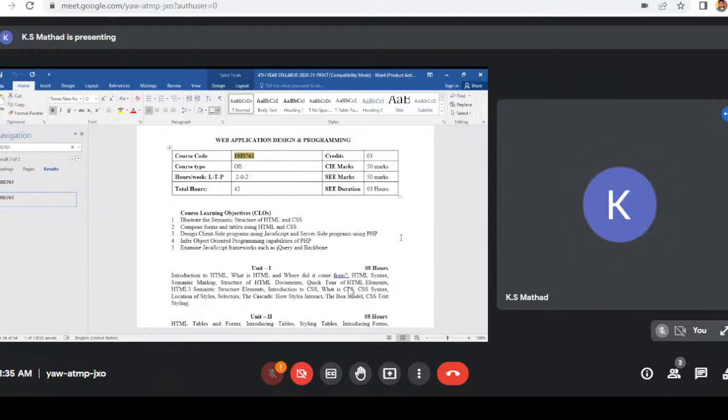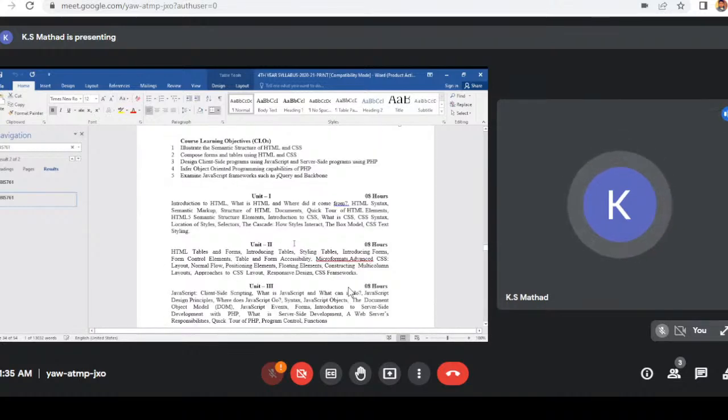In addition to that, to make it interactive with the user, it comes with JavaScript and server-side programs using PHP. So it also involves object-oriented programming capabilities, which are available in PHP, which is a server-side program. It also includes JavaScript frameworks such as jQuery and Backbone. Okay, let us have a look at